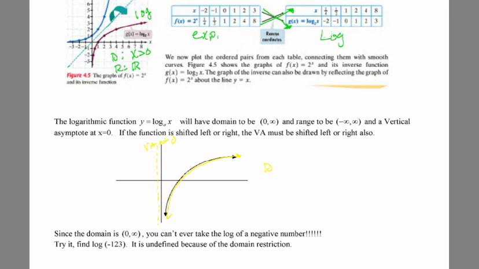The domain has to be 0 to infinity. You can't take the log of a negative number. Domain is 0 to the right. Range is going to be all real numbers. Vertical asymptote at 0. Now if this guy is shifted left or right,